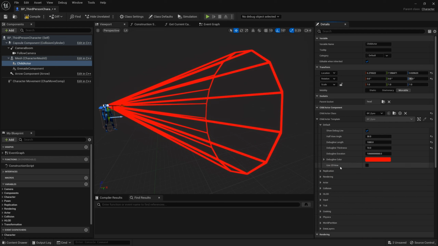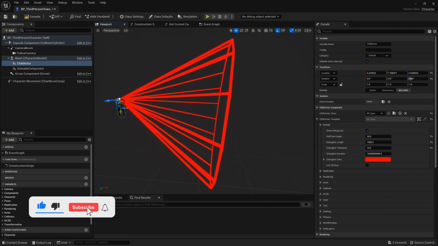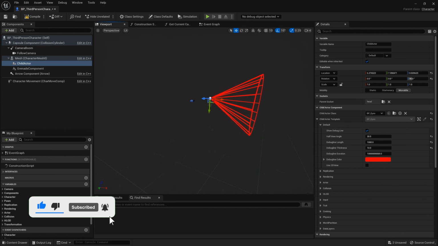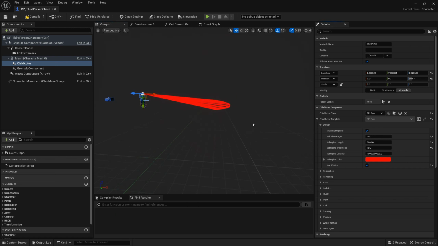For the Use 2D View option, when this option is not checked, the view area is a cone. When you check it, the view area becomes a sector.